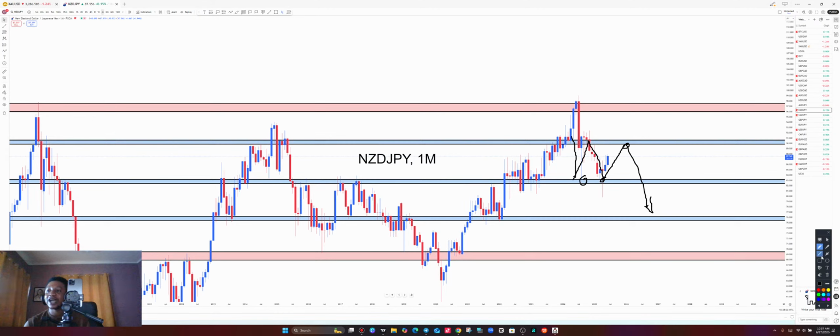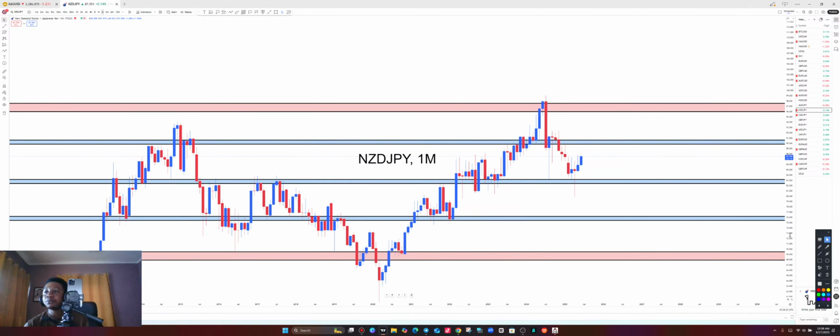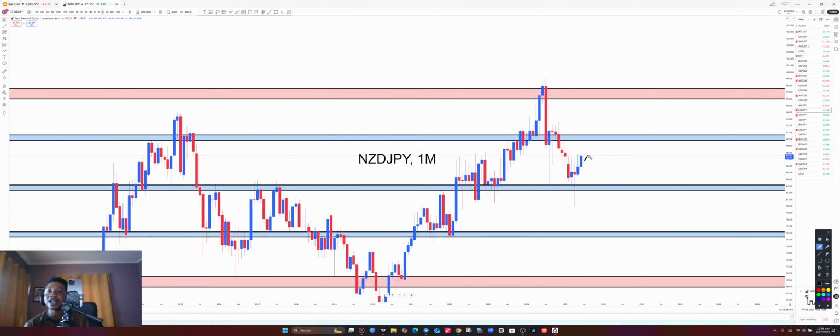So this is the entire structure on the monthly time frame. Lower low, lower high, equal low. There's going to be another equal lower high before price comes all the way down. So that pin bar that we saw on the monthly is actually the buy pressure going for the second lower high before it drops all the way to the downside. So on NZD JPY, currently buyers are in control. They are pushing the market all the way to this resistance level, and then from there sellers will take over to try and bring the market down again. So on NZD JPY, we're looking for a buying opportunity to reach this resistance level of the monthly.